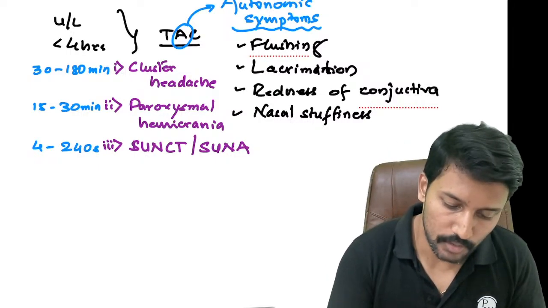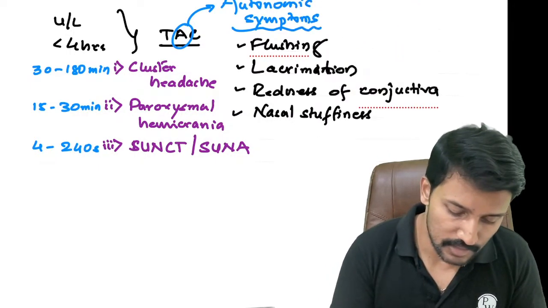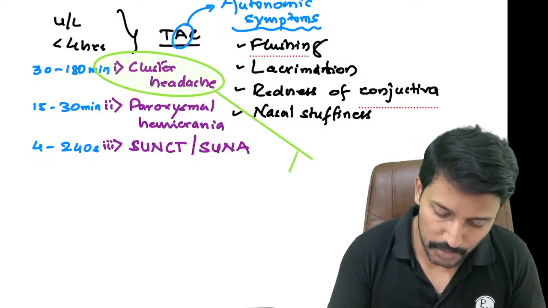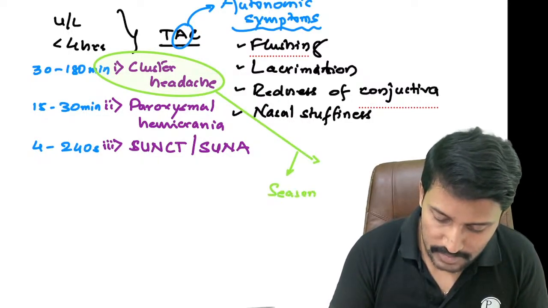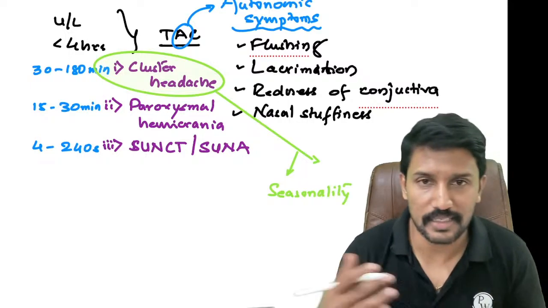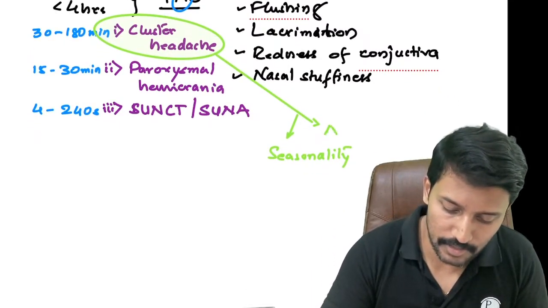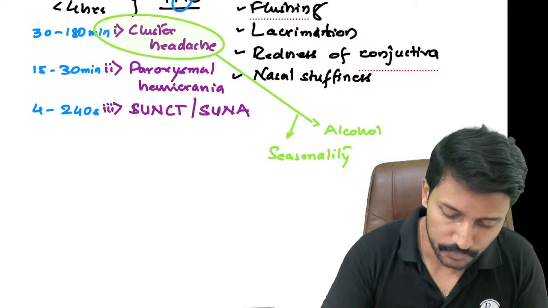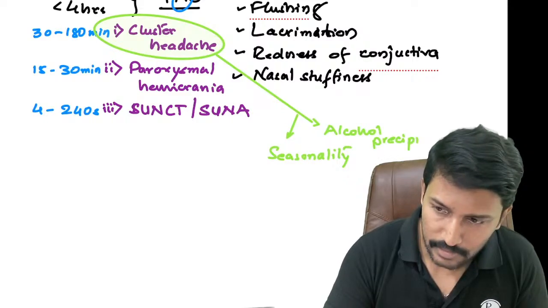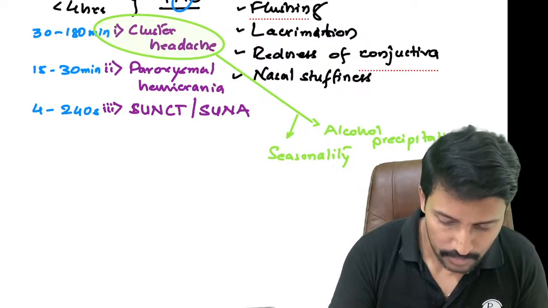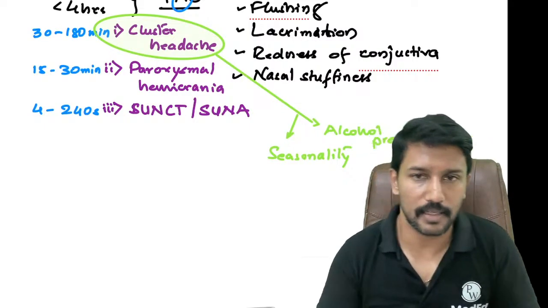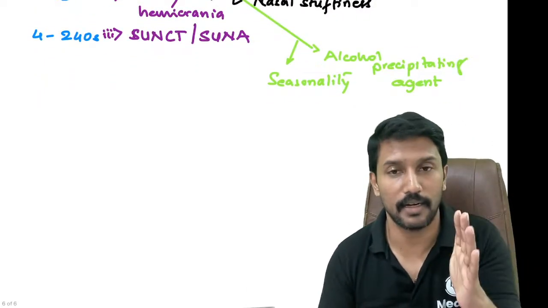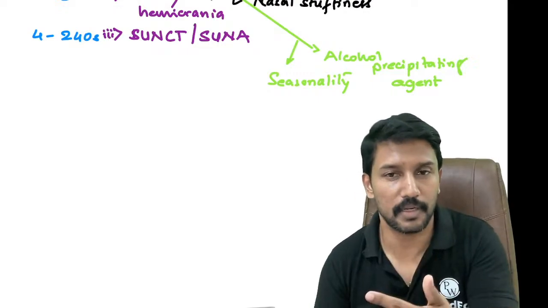If he is talking about the cluster headache, generally examiner mentions that cluster headache patients have seasonal variation. So there is some seasonality. Headaches appear in a particular season. And second thing they will mention is that alcohol precipitates. Alcohol as a precipitating agent. Usually these patients drink alcohol and after that the headache starts. So whenever you have a question where unilateral headache is there and alcohol is precipitating it, you can think of